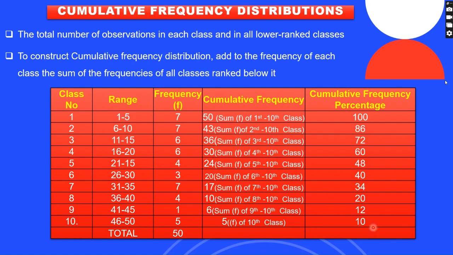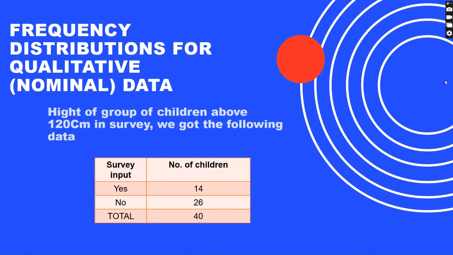Then 36, 30, 24, 24 like that we can give how to calculate, and the relative frequency, how much it is going to get reduced will be given here. Okay. Then the qualitative data